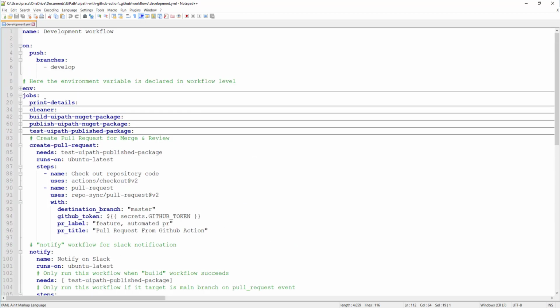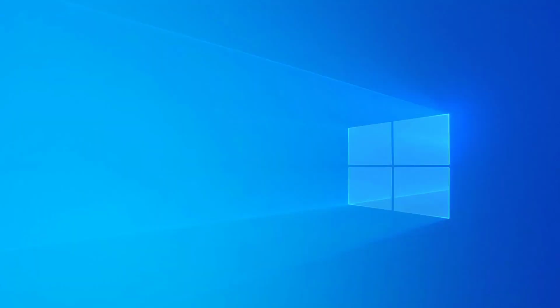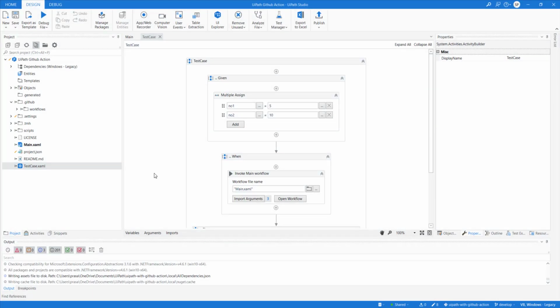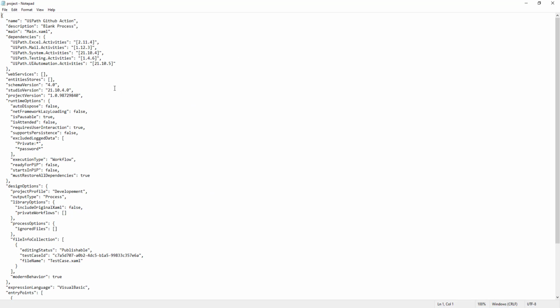All right. So this is all about the development workflow. Let's quickly go and run the development workflow. Okay. For the development workflow to work, as I told you, we are not using auto revisioning. So for that, what I need to do is just increment this by a number.